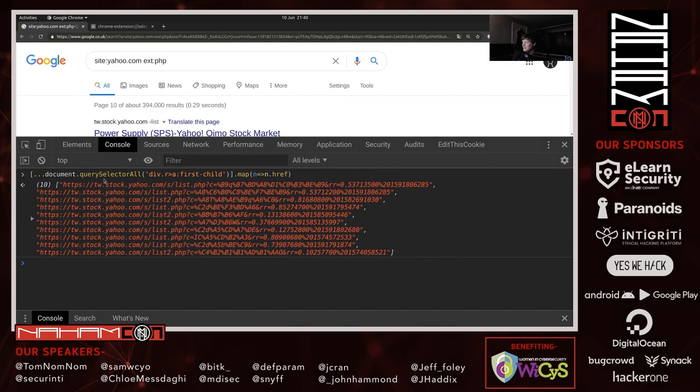So we're using a query selector with the CSS selector to find the anchor tags in the Google search results that have the hrefs that we want, and we're using a map over those to extract the href attribute, which is where the URL is.